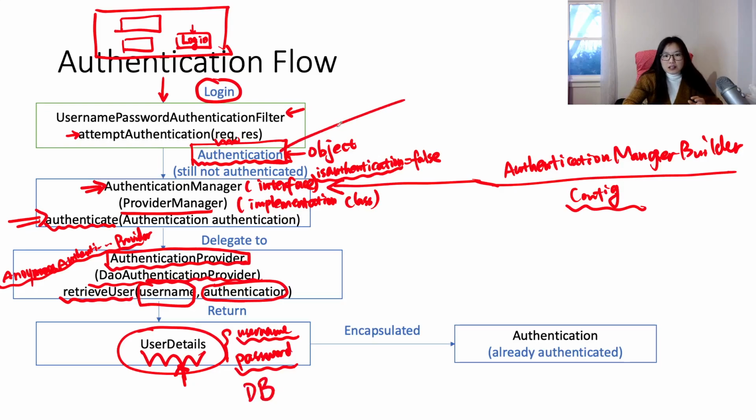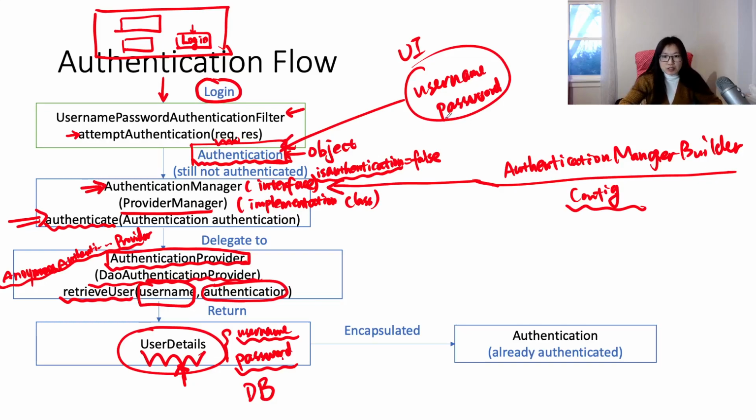And this authentication, which is the username and the password from the UI, okay, which is from the browser. So later on, Spring Security will check: does the username match the UI's username? A definite match. Does the password match the password the user input? And if it's successful, which means the two passwords match each other, then it will encapsulate all the information back